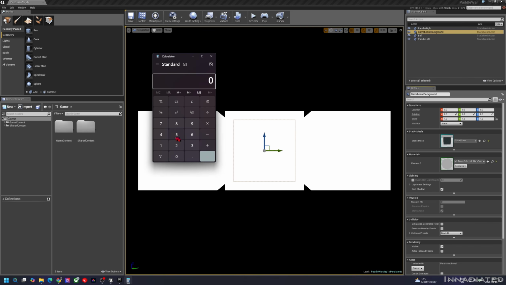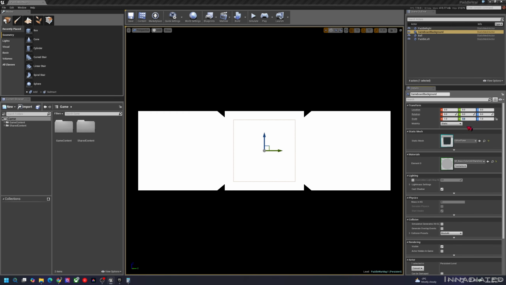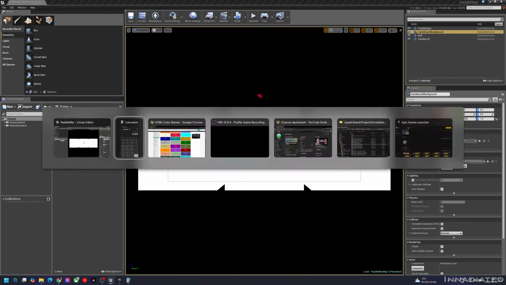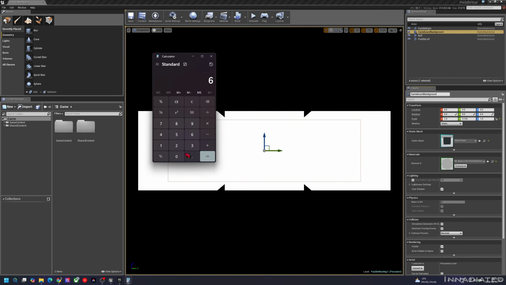So for a width of 800, which is going to be what the Y scale is, we're going to take 800 and divide it by 256. And that's going to give us a value of 3.125. So this value, 3.125, is going to go into X, or Y, sorry. Alright. The next value is 600, and we're going to again divide that by 256. That gives us a value of